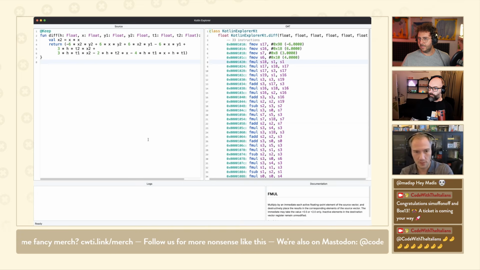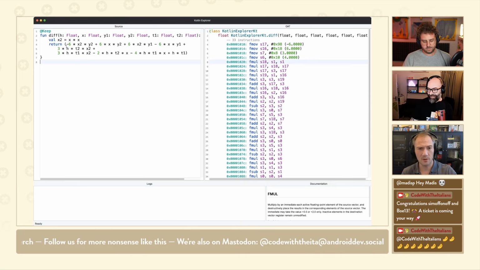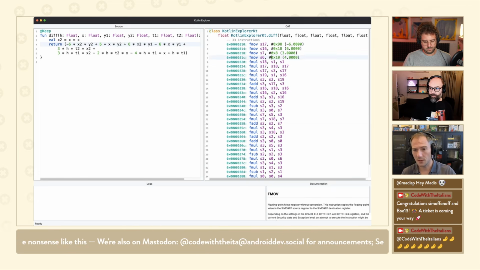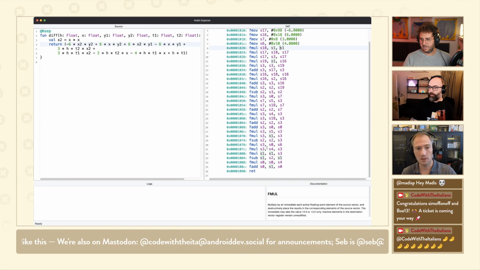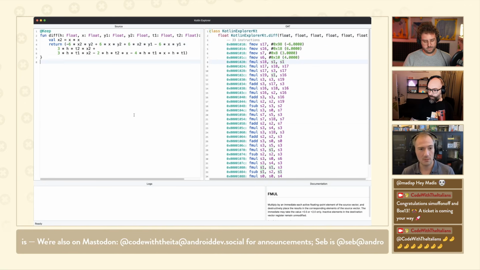So to do something a little easier, here's another piece of code from Compose. The differential of a Hermite spline, whatever, who cares? It's math, and it's pretty simple math. It's a bunch of multiplications and additions. You look at the assembly code, 33 instructions, looks great. We load a few constants, -6, 6, 3, and 4, and then there's a bunch of multiplications and subtractions, right? What's wrong with this? Nothing's wrong with this.